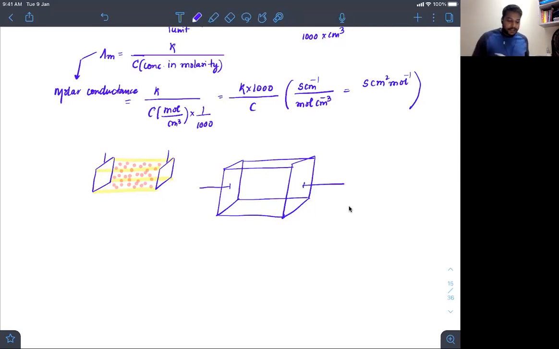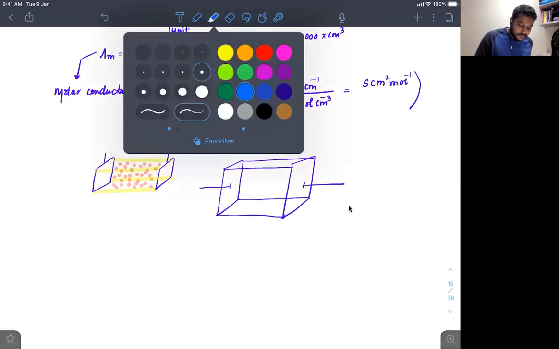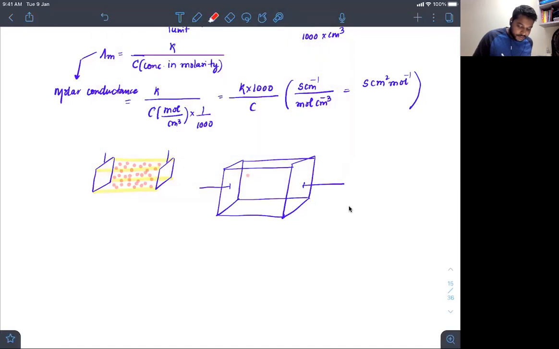ठीक है, अब क्या हो गया डाइल्यूट करने पर? सो हियर वी विल हैव ऑल द नंबर ऑफ आयंस इन इट. अब ये जो आयंस है, दे आर नाउ ऑक्यूपाइंग मोर अमाउंट ऑफ वॉल्यूम. ऑलमोस्ट डबल हो गया वॉल्यूम, और जितना भी आपने इंक्रीज किया वॉल्यूम को. दिस इज व्हाट हैज हैपेंड. ओके,